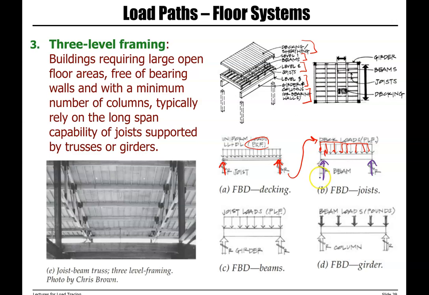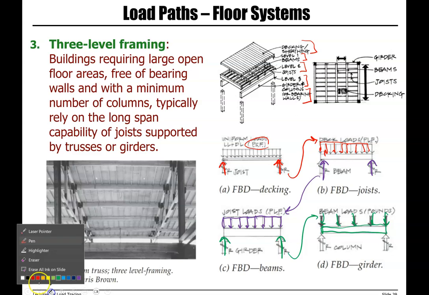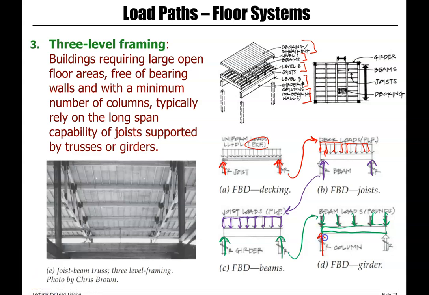These are transferred to the beam. Joist loads are transferred to the beam. Then we can calculate the reactions, which are transferred to the girder. So this is our girder, and we have the load from beams. And finally, we can calculate the loads transferred to the